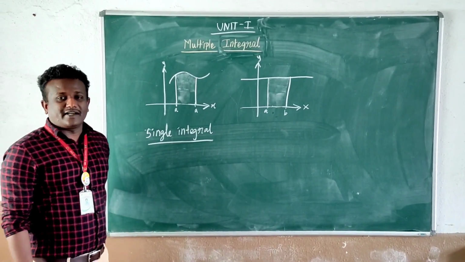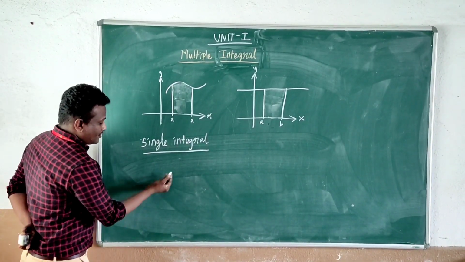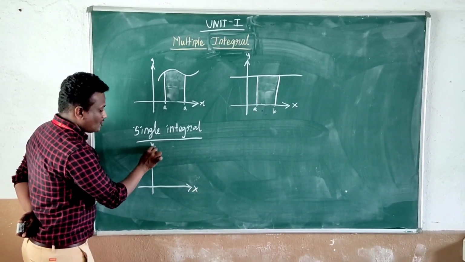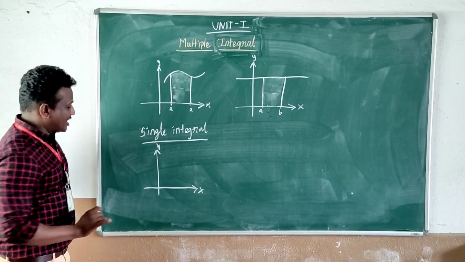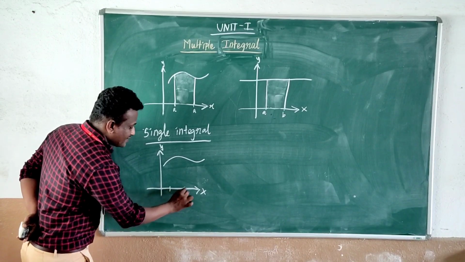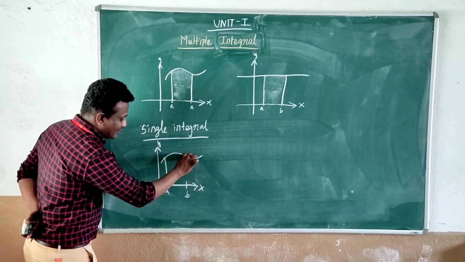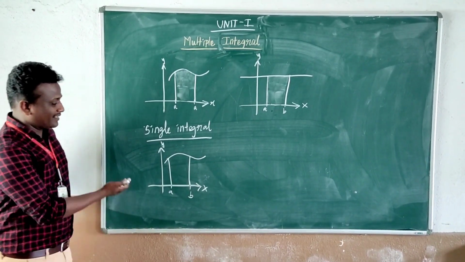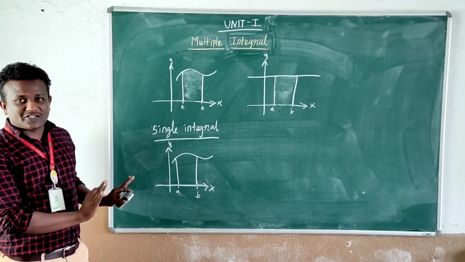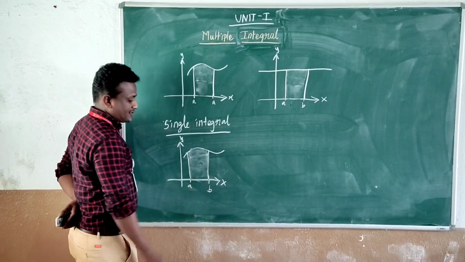Now, single integral. I will explain single integral through an example. Again we are going to take a graph, with x and y axes. This is the x-axis, this is the y-axis. Again imagine there is a curve. I am going to take 2 points, first A and B. Now connect these 2 points with this curve. Then you will get a shape. That is an irregular shape. Here we want to find the area. This is our task, right?